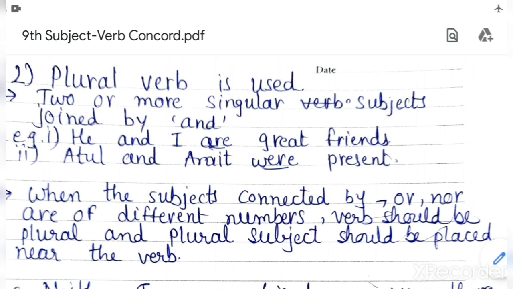The majority of the applicants is girls. So what is the right sentence? The majority of the applicants are girls. The news from the war front are not encouraging. What is the right sentence? The news from the war front is not encouraging. None of them are right. So here you will write none of them is right. Instead of are we will use is, because the word none is used.